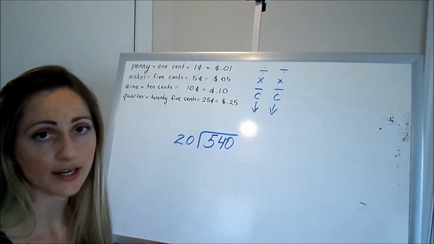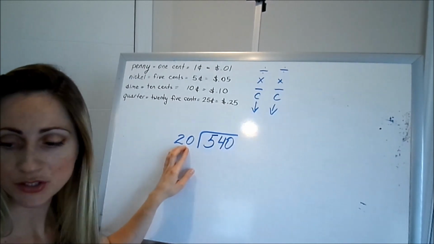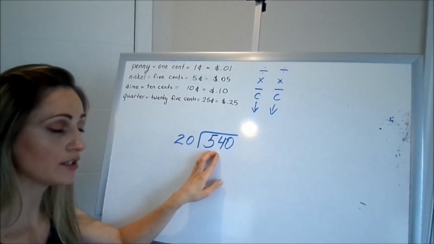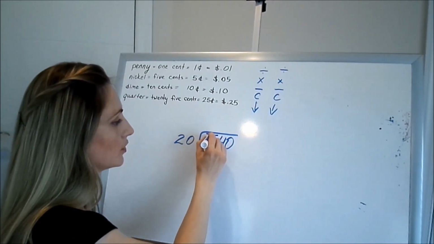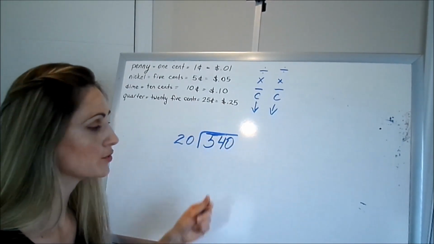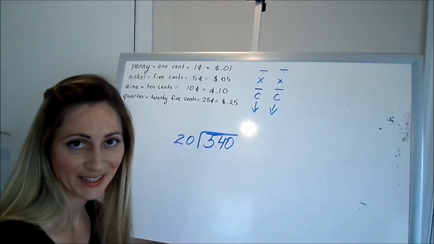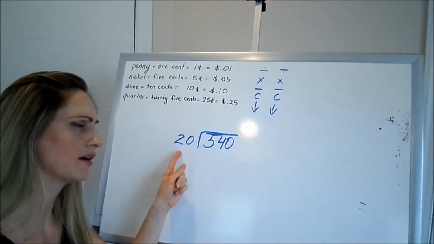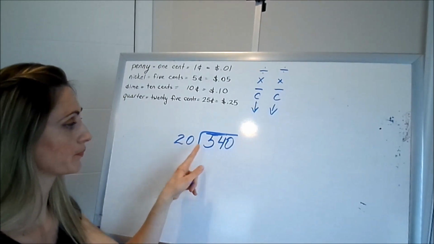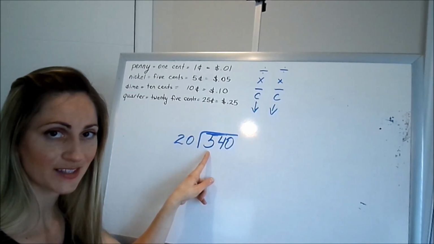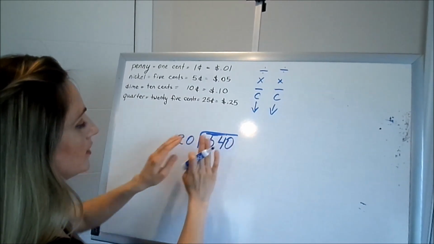540 divided by 20. Because we're dividing by a two-digit divisor, we're going to divide into two digits. Make sure that you have your line over two digits right here. Okay? Because we don't know the 20 multiplication table, we're not going to ask ourselves how many 20s go into 54. We're just going to ask how many 2s go into this 5. Okay? So pretend you're covering up the second